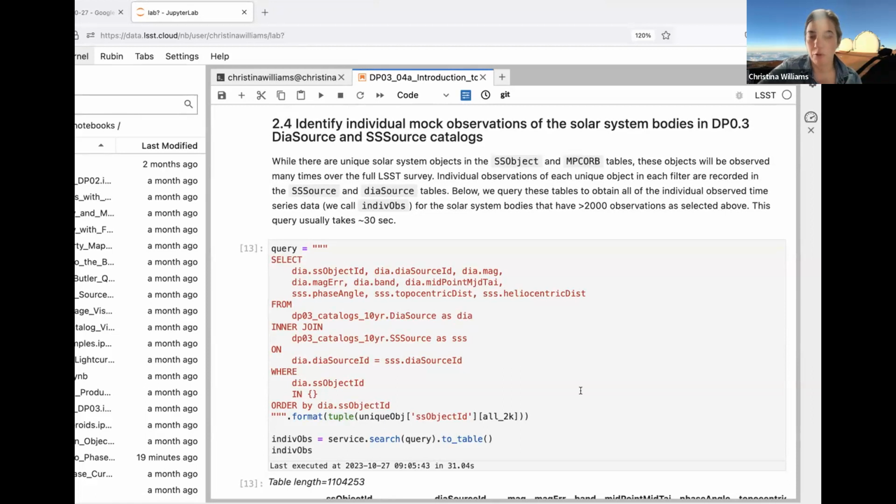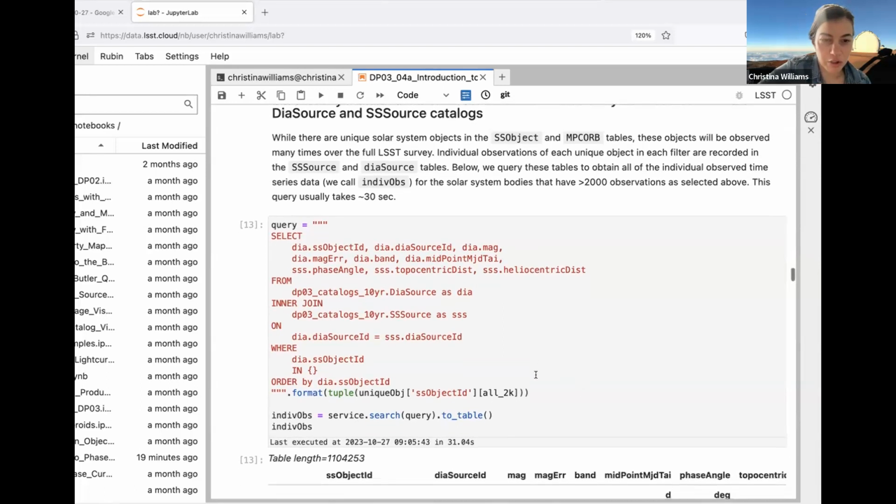If you remember, the DIA source table identifies, from difference imaging, sources that are identified as changes from one image to the other. And the SS source table is individual observations of solar system bodies. So we're going to join those.